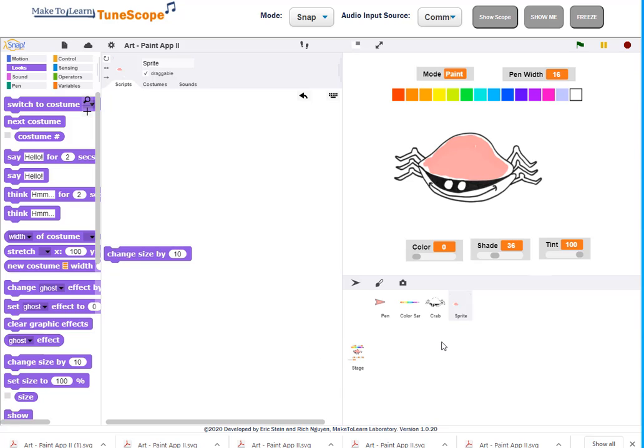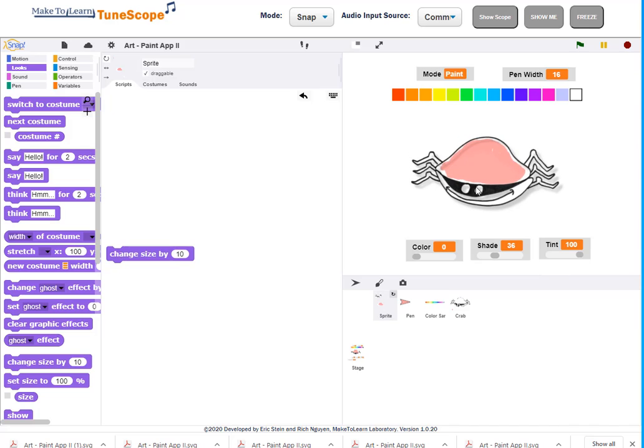Now in order to get the two together, I have to group them. If I go down to the sprite corral just below the stage, I can grab that sprite, and when it's being grouped with the outline, you get this sort of double outline around the shell, and at that point the two are grouped together and they'll move as one. Once I've done that, I can go to the crab scripts,